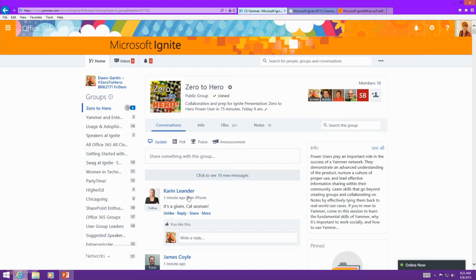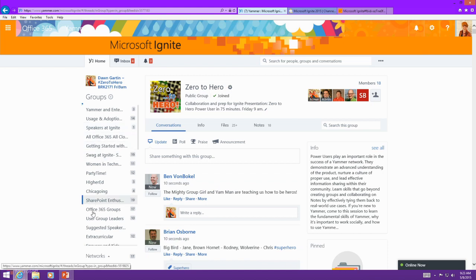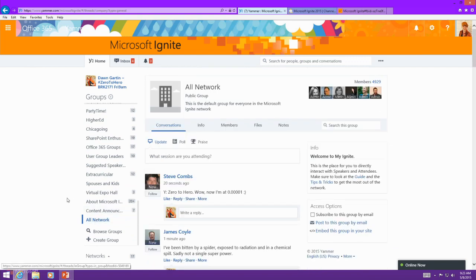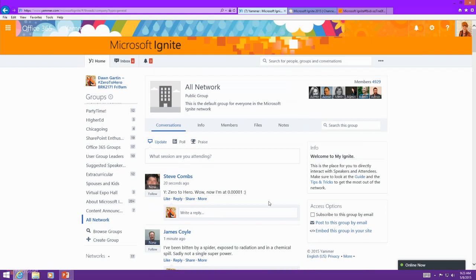So the other thing to point out is, again, we want to post in the right groups. I popped over here because sometimes it's very easy to have this happen when we log in, depending on where we start, the all network, where everybody is a part of. We have a couple of posts over here that actually ended up in the all network versus our Zero to Hero group. So this is bound to happen in your network as well, whether it's all network or somebody's actually in a different group.